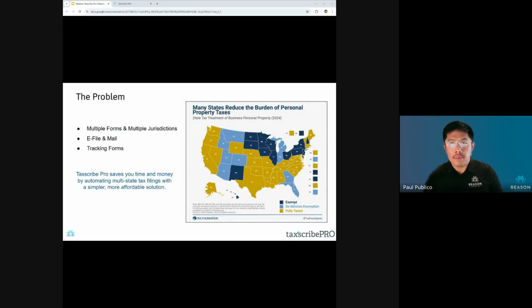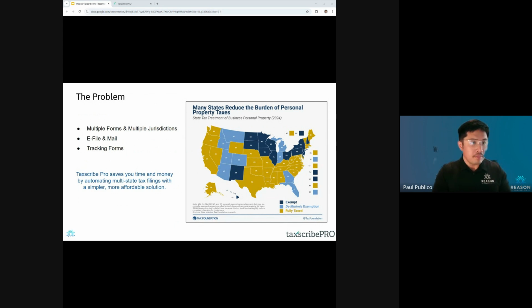So the problem that we actually set out to solve is the multiple forms in multiple jurisdictions. Now, the biggest thing that we've noticed is that when filing these things, each state and sometimes its own jurisdiction has its own processes, forms, and they all have their own different submission requirements. Some states allow e-filing, and some others require paper submissions. So currently right now, there are 36 states that require filings. Each of these states have their own different versions of the form,